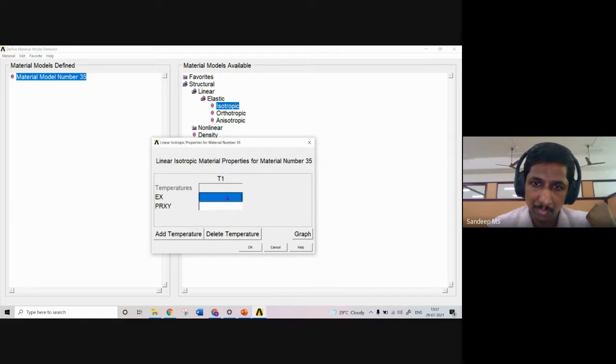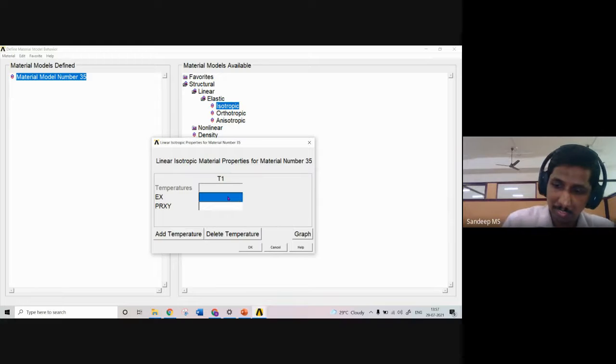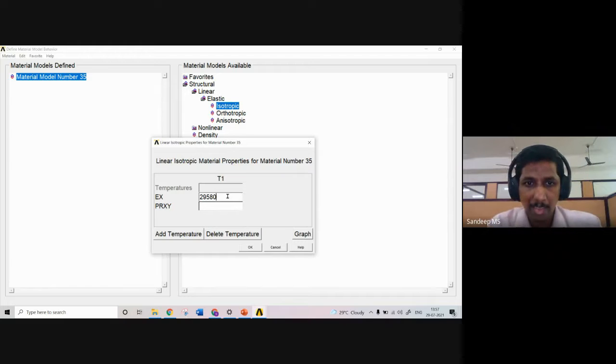I will get this window. Here I have to enter the value of Young's modulus. So it will be 29580 in this case, and the value of Young's modulus should be taken from the multilinear curve that you are inputting. So you need to give the stress strain properties. What you have to ensure is that Young's modulus is basically the slope at the initial portion of that curve. So that should match with the value that you are entering here. In a later stage, we will be entering stress strain values. So the very first slope should be the same as this value. Otherwise, when you perform the analysis, it will show an error message. So this should be ensured.